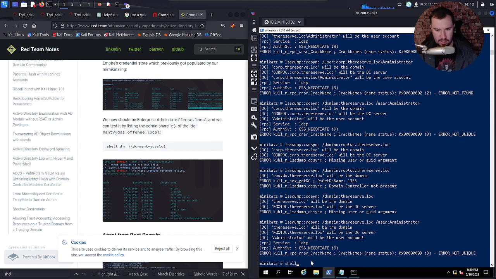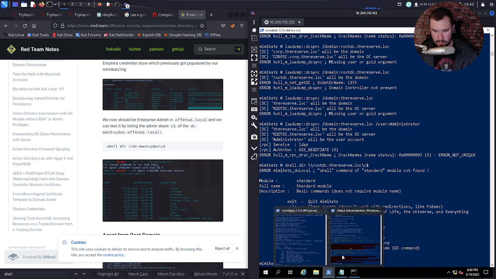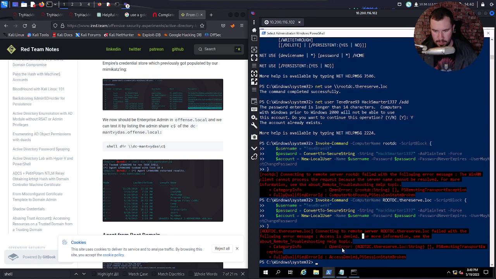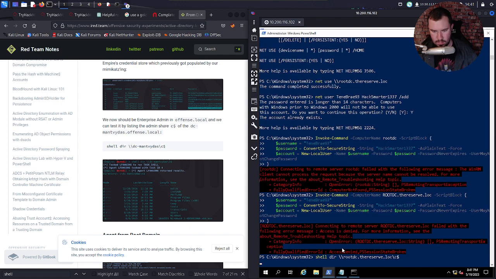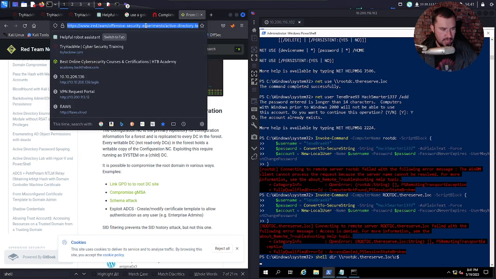So if we do shell dir or is that... Oh, that's just an enterprise admin thing. That's not Mimikatz. I could have sworn you get a shell with Mimikatz.